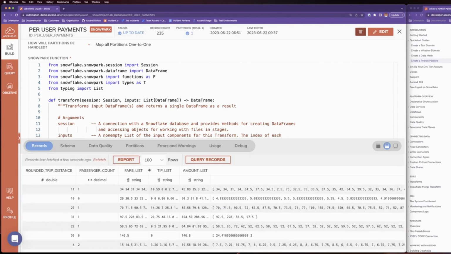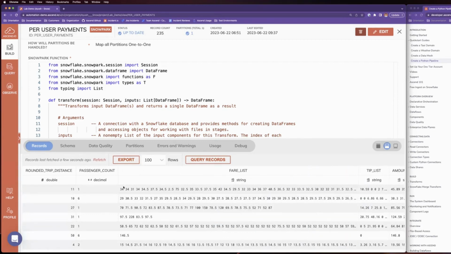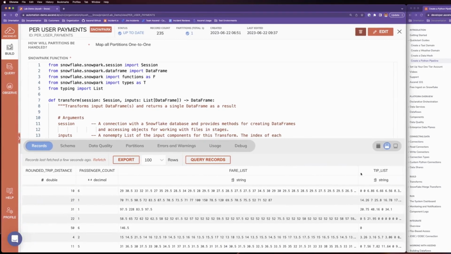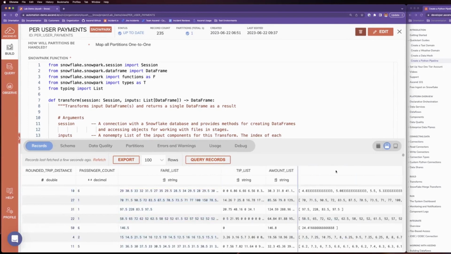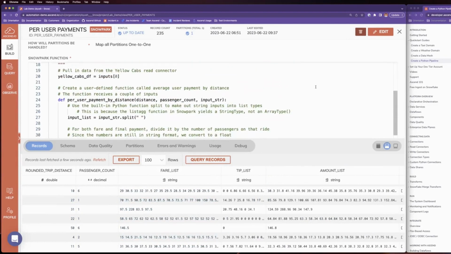And so, yeah, you'll see here that these are strings that are separated by whatever it is that we're looking at. So in this case, the fare list here is a string that is space separated, similarly with tip list. And you'll notice here that we have some float values here and there. And then lastly, to the right of that is the amount list. So 30.3, 31.8. And so the whole point here is that you can take this and apply these things over like a for loop in order to work with it more dynamically than you could in SQL, where it's a little bit more difficult to work with a list or with custom code as it is.